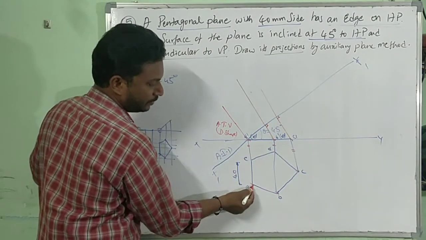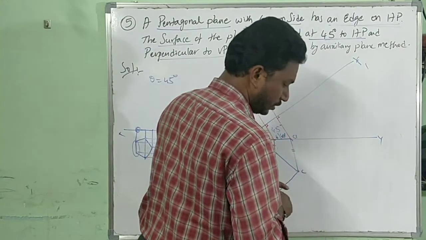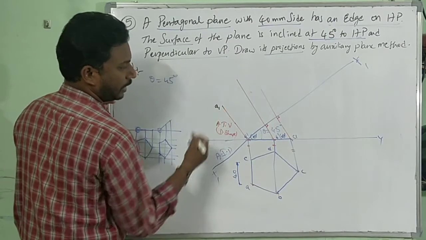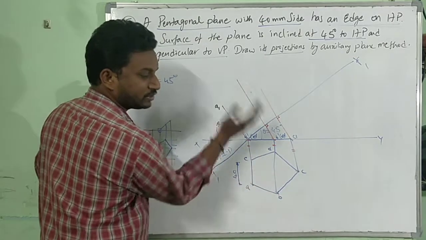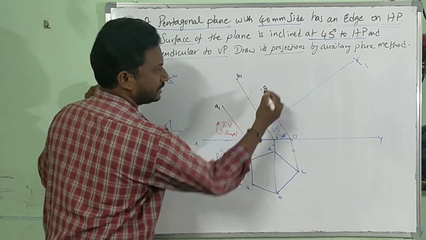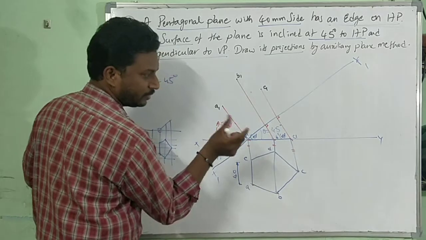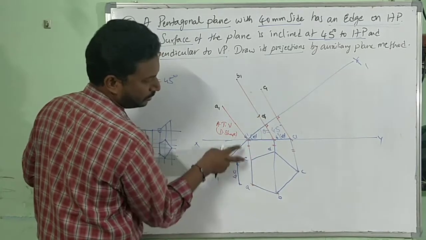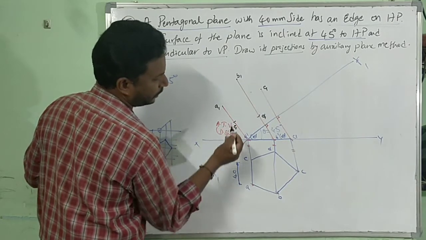For obtaining the shape, here A to A, this point gives you what? The auxiliary top view, A1, right? Now same B, outside it comes, outside reflection, this point B1. C, outside it comes, C1. Now D and E, measure this with the help of a compass, measure this. Now cut it. This is D1. Measure this, cut it, E1.